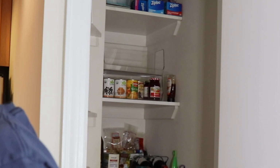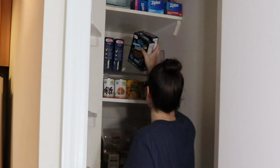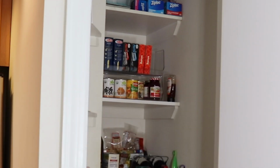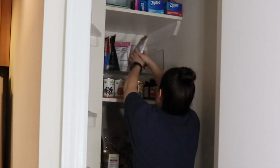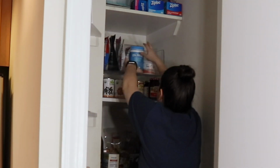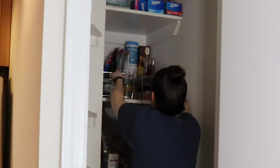And then I decided on the top I'll put the boxes of pasta, but then quickly changed my mind because I realized boxes of pasta are easier to stack upon than these lovely bags of food that are annoying and get in the way. So that's why I put them on the shelf. They're more organized. And then I just threw my cereal boxes in the back